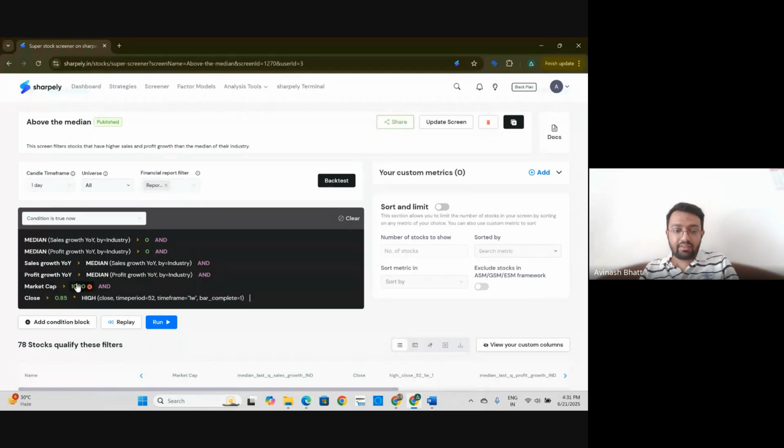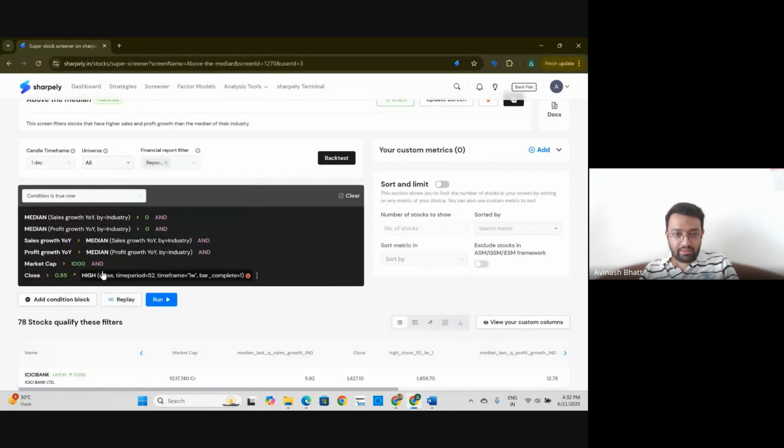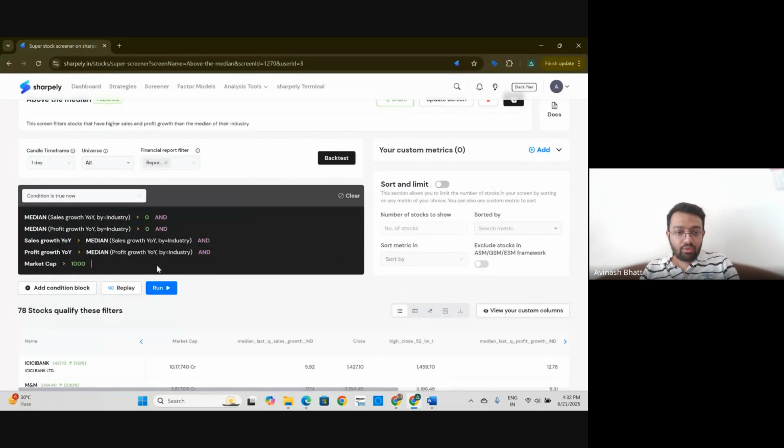Right. And then again, we are putting the condition of market cap greater than 1,000. You will find this condition in almost all of my screens because I personally do not invest in companies with less than 1,000 crore market cap. Right. And the fourth part is a technical condition. You can remove it from here as well. But what I have done here is I am not focusing on those companies which are more than 15% down from their 52-week high. So basically, this condition shows us that, right? We can remove this for now as well